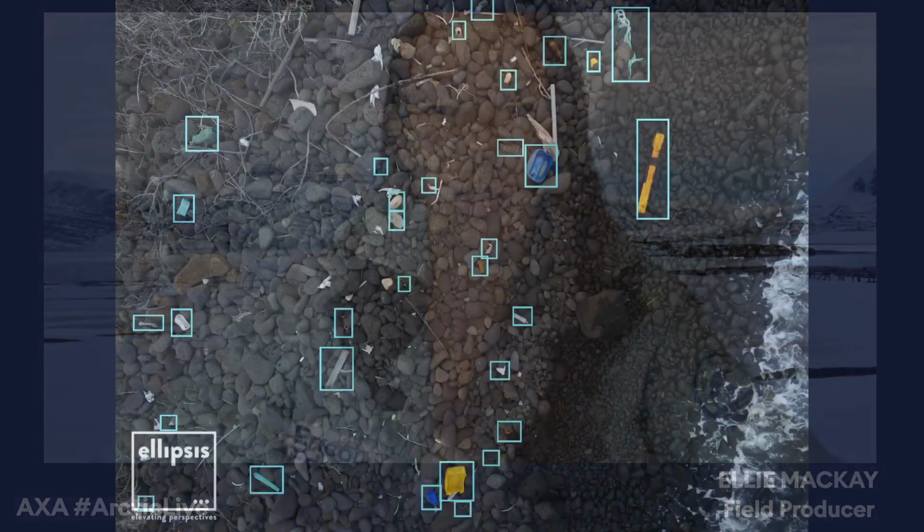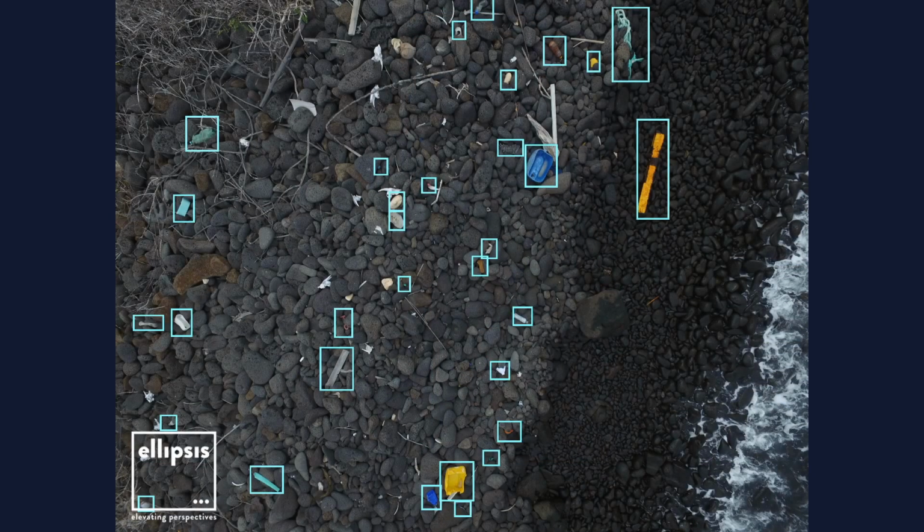And in those sorts of photos, you can see little boxes, because the second type of technology that we use is called machine learning. So this is where we've taught a piece of software, an algorithm, which is a piece of computer software that learns, like a human, to look for plastics and identify those plastics automatically. And so what happens is our images can be scanned, and then the algorithm can detect all of those pieces of plastic. So in this image you see here, every single one of these boxes is a piece of plastic that's been identified